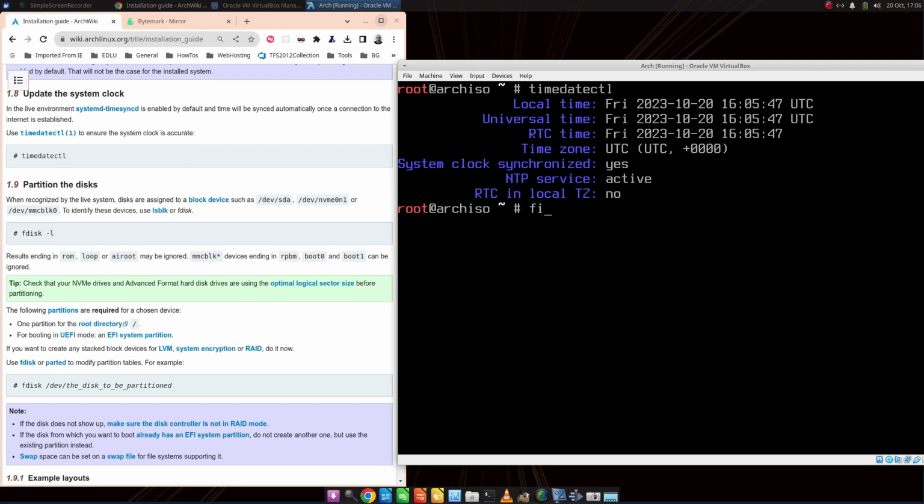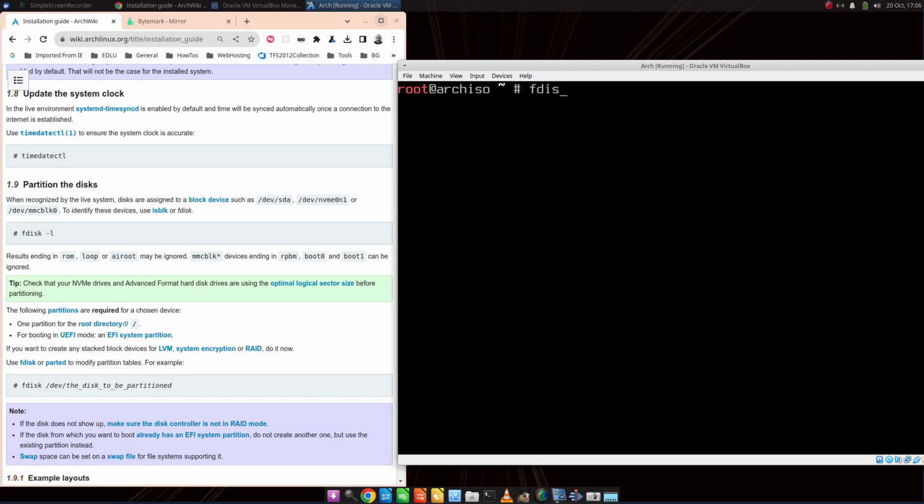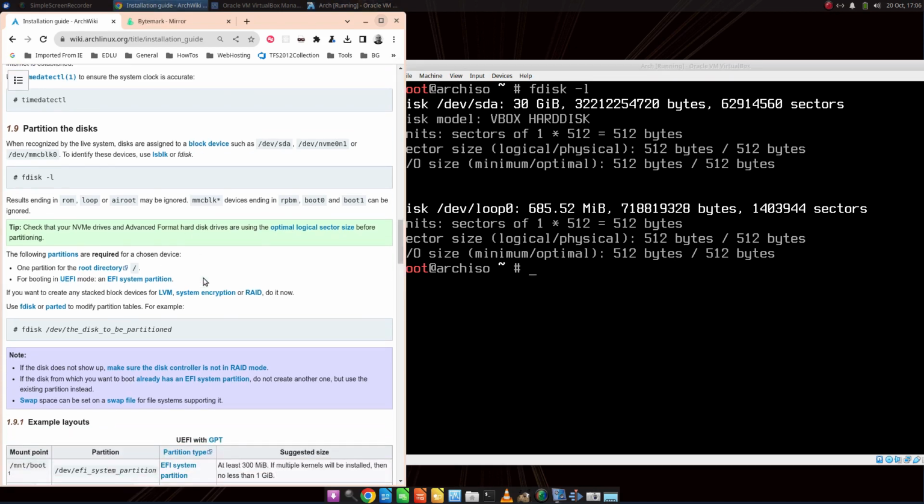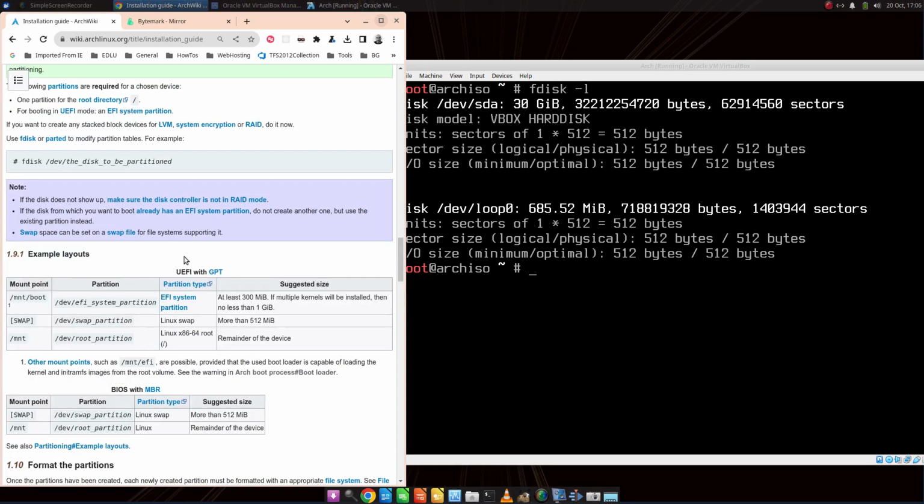So fdisk -l. Let's clear this and look at the disk situation. fdisk -l, and you can see you've got the 685 megabytes /dev/loop0, which is your ISO image, and then you've got /dev/sda, which is 30 gigabytes, which we know is the virtual machine hard drive that I created earlier. So now you want to create